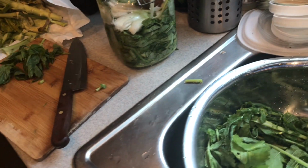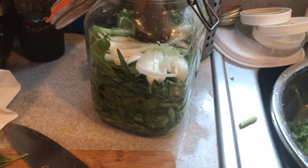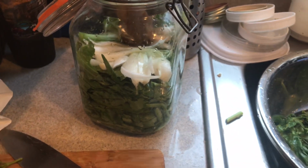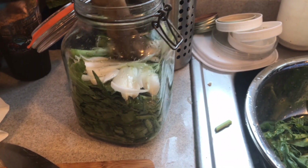Again, I'm Justin Hitt from Prosperity Homestead, and I'm going to get back to finishing this up. I'm setting this up for fermentation, and if you have any questions, visit